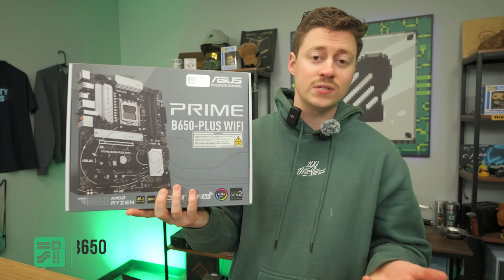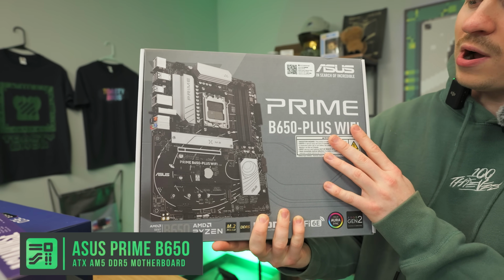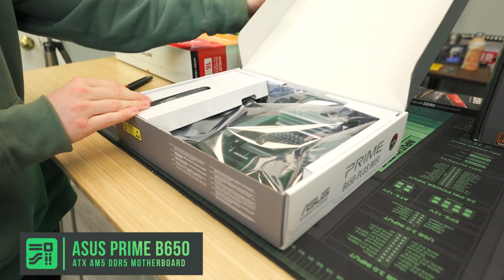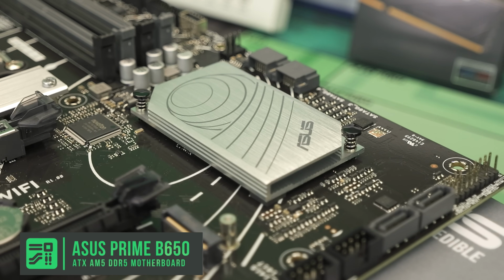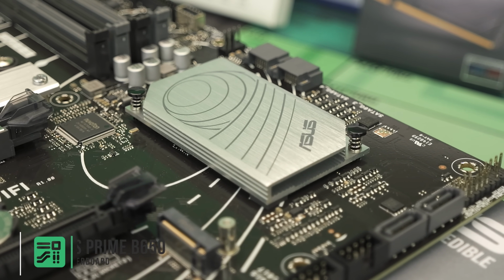Now, we did go with the full size case this time, so we're not really looking to save tons of dollars, but this Asus Prime B650 Plus Wi-Fi coming in at 150 bucks, definitely still is pretty cheap for a full size board. Good looking board too. It has Wi-Fi 6E built in. It's DDR5 only since it is new Ryzen, so this board's gonna look pretty cool inside of that full ATX